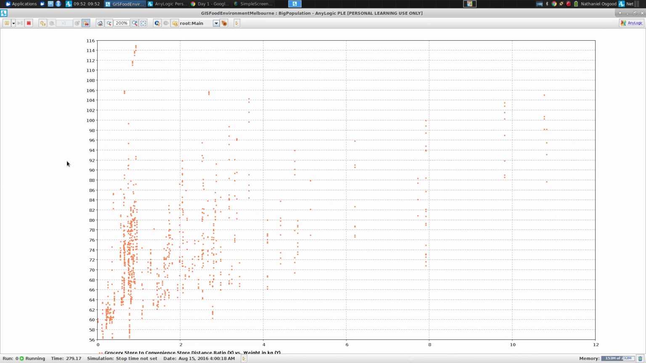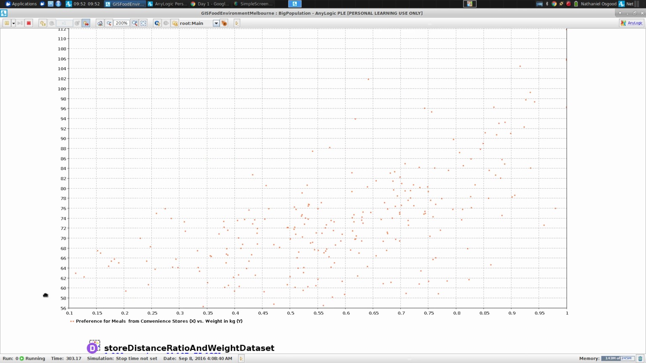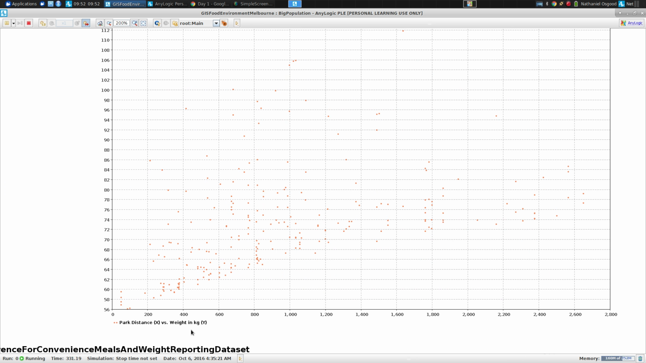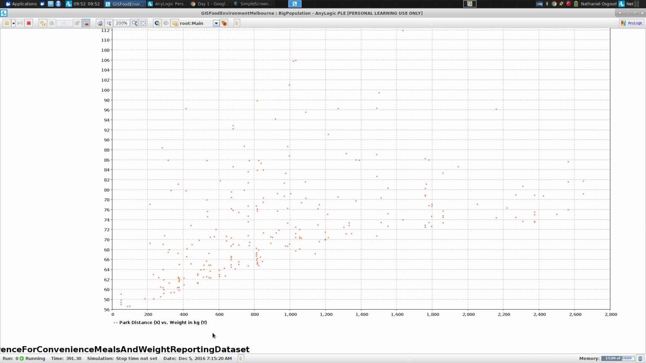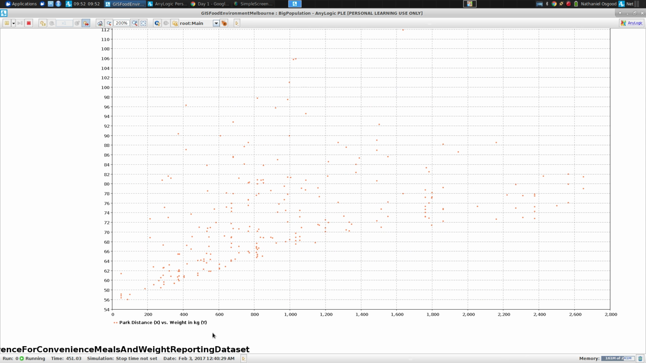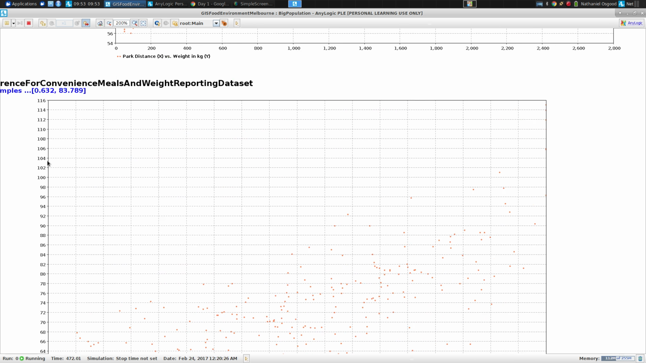I'm just going to go up to the two topmost graphs here, which are perhaps most instructive. So this is distance to the nearest park versus weight. Here you see a more clear relationship. So the further the distance from the park, the higher the weight seems to be. There's sort of a lower bound on their weight here, but a fair diversity above that. That was quite different from what we saw before, where the distance to the park was somewhat immaterial to their